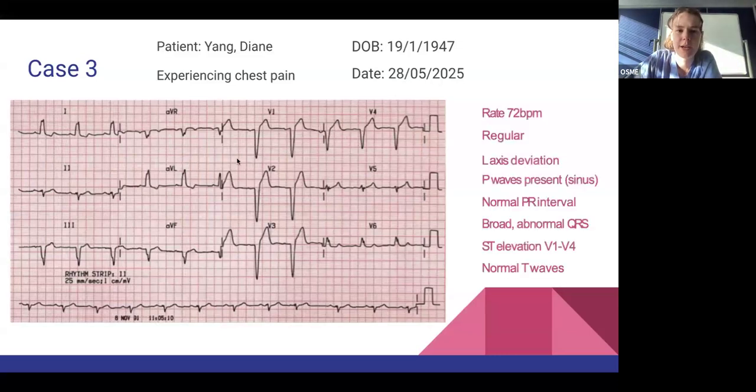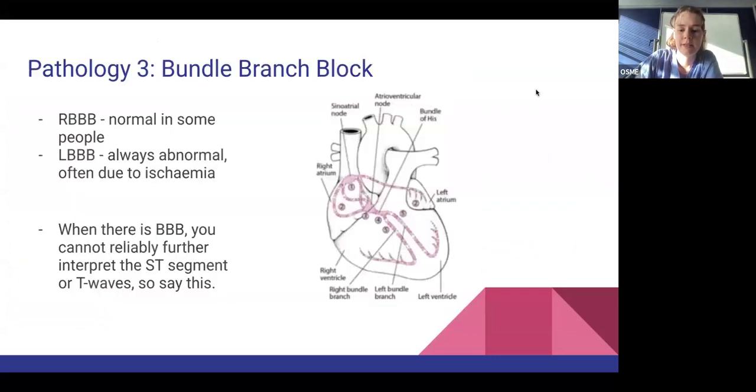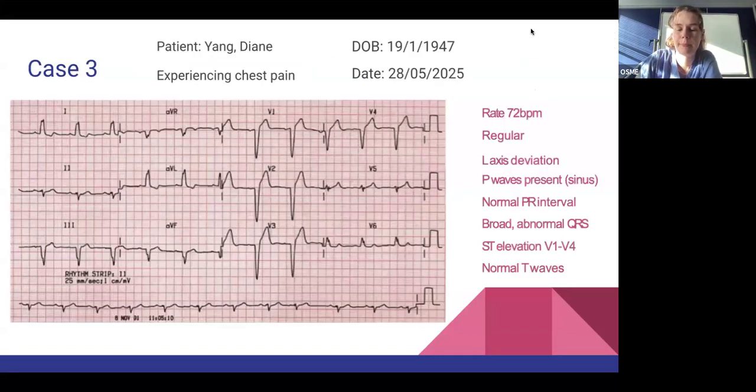Okie dokie. So here we've got Diane Yang. Her rate is 72 beats per minute, which is normal. It's regular. She's got a left axis deviation. P waves are present, so she's in sinus rhythm with a normal PR interval, broad abnormal QRS, ST elevation, which